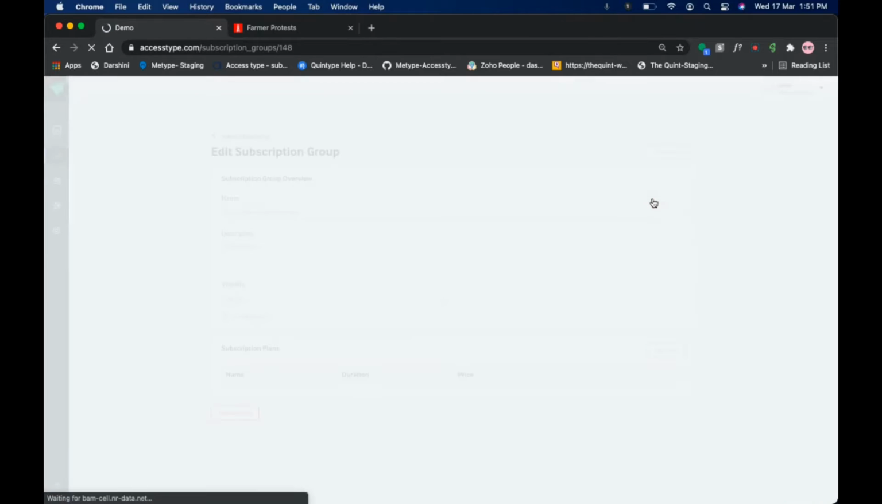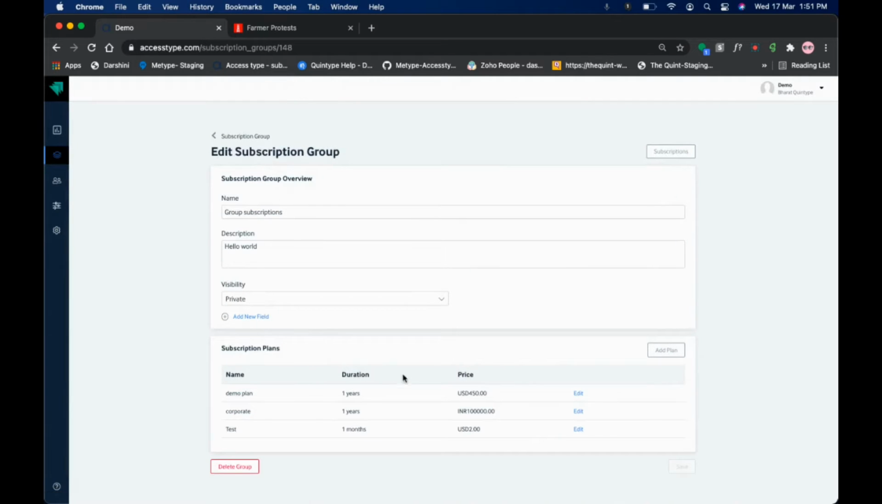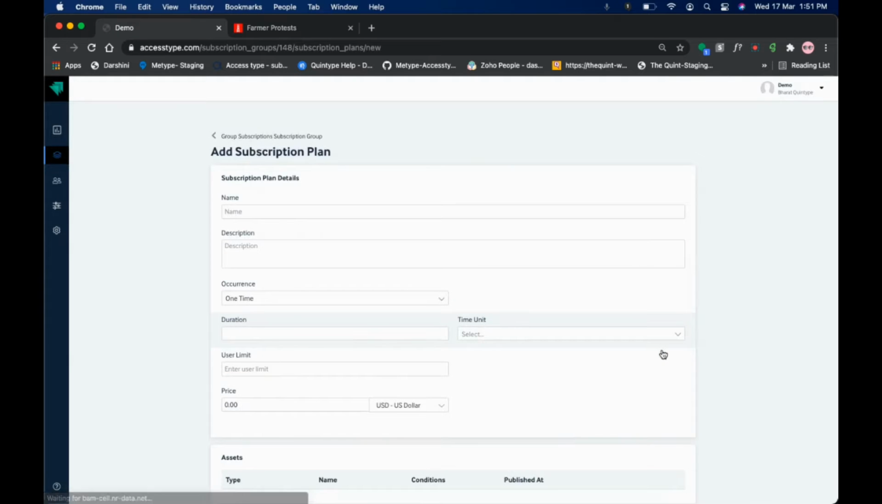Now, these plans are slightly different from the normal plans. Though the occurrence and durations are the same, you see one additional value here, a user limit, more like licensing. So you create a plan with the number of users that you could allow. The way it helps is if there is an organization, a tech organization like, let's say, Quintype, that goes ahead and buys a plan from you,